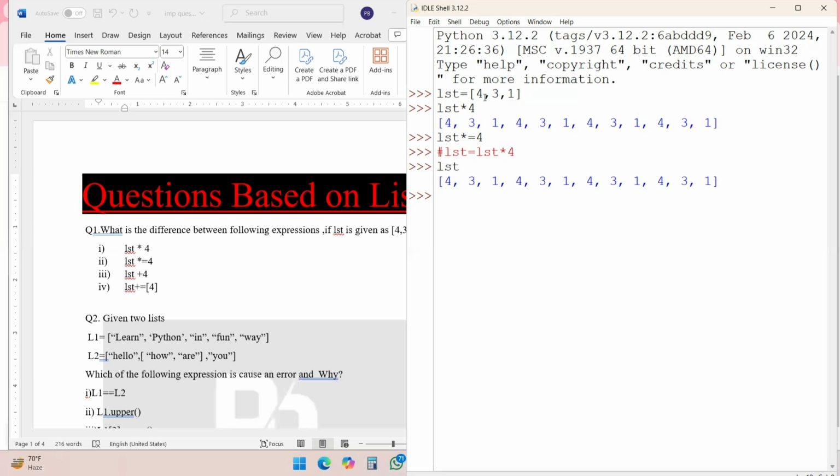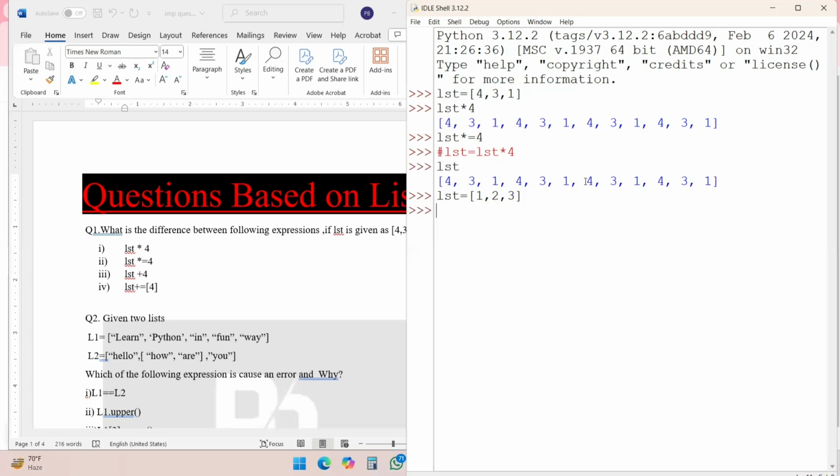With this statement, my original list remains original. There is no change in the original list. But with this statement, we have some changes in the original list. I will explain this with one more example. Like I have 1, 2, 3.